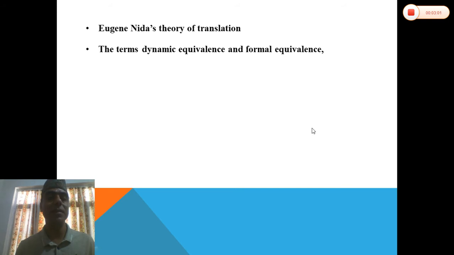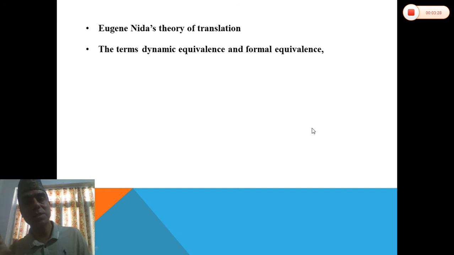The example I have given earlier, "मेरो पेटमा मुसा दौडिरहेको छ." What is the sense? The sense is that I am so hungry. Such kind of translation is done under dynamic equivalence, and the formal equivalence is word to word translation: the mouse is running inside my stomach. The dynamic equivalence focuses on the sense and the formal equivalence focuses on the